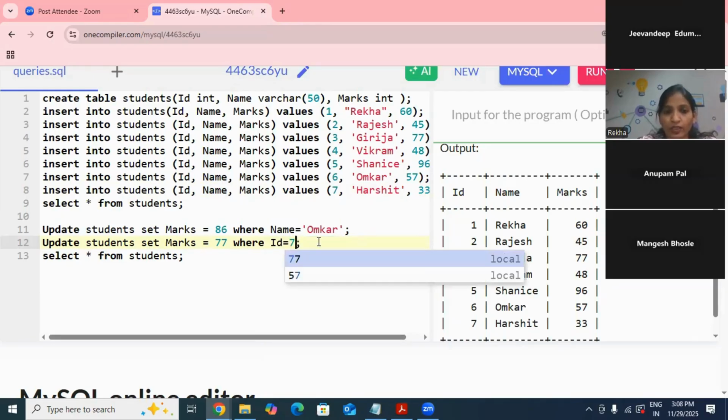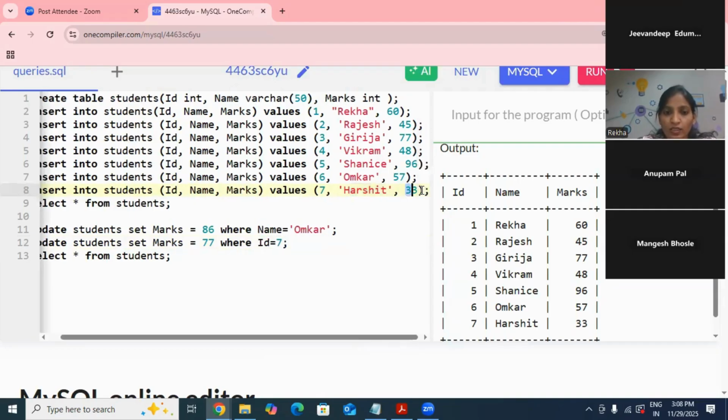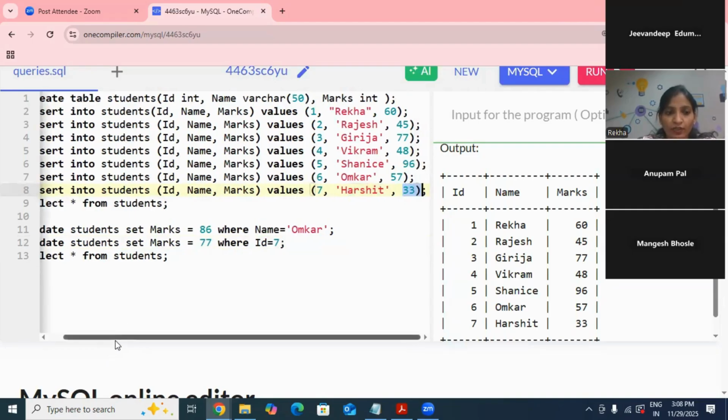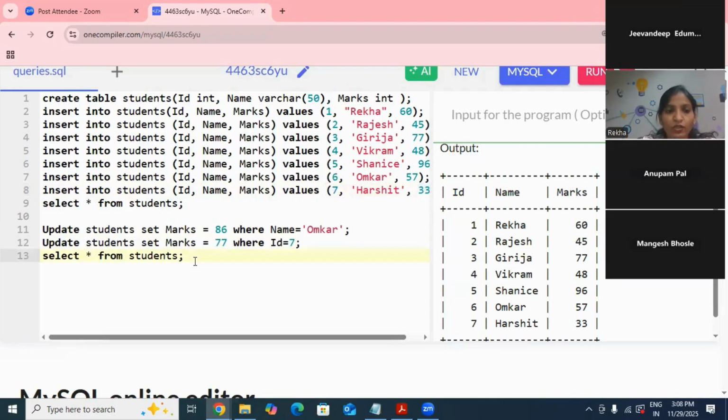Okay. So what I am telling, ID is 7. This 7 is nothing but Harshit only. So this 33 will change to 77. Got it? So here you have to come, click, and then once again you have to write select star from